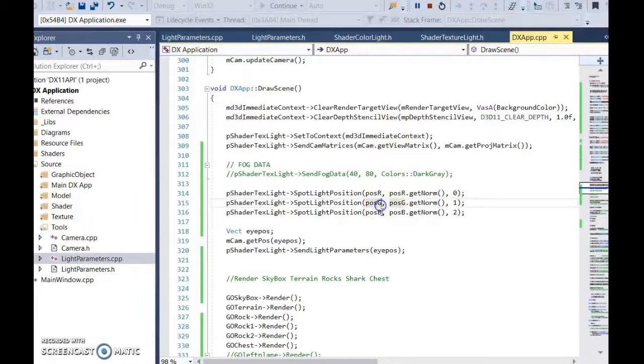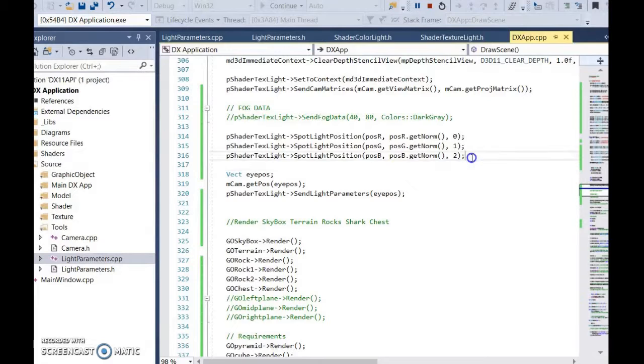The red, the green, and the blue are going to be rotating, and this is all I need to do. I just need to call the shader, set light position. I'm just going to send the position of the spotlight, the direction of that particular spotlight, and just the number. So the first one was red, so I just have the 0. Then for the second spotlight, it was 1, and for the last one, it's going to be 2. And that's all I need to do to have a rotating spotlight, and it's going to be the same for